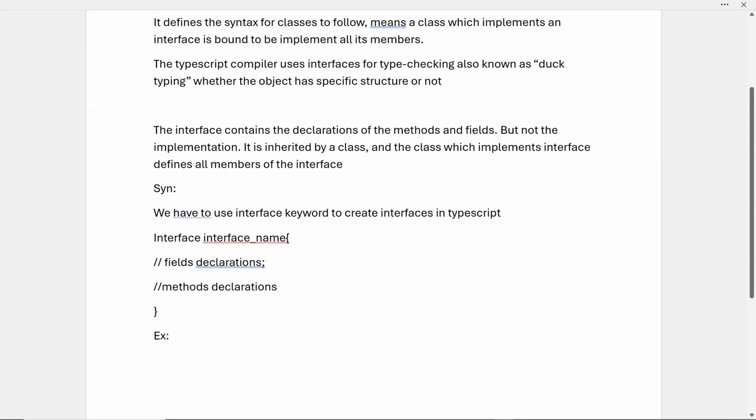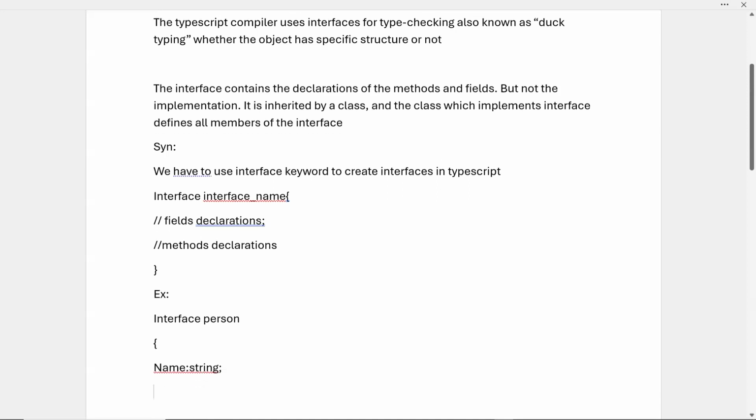For example, interface Person, name string,